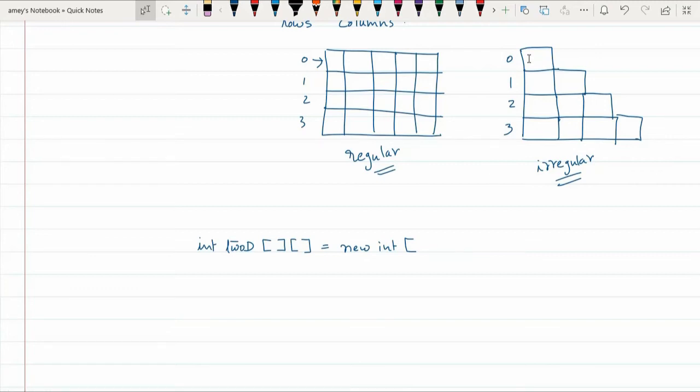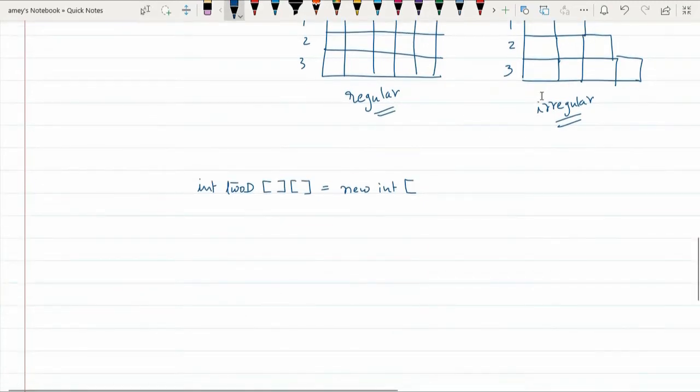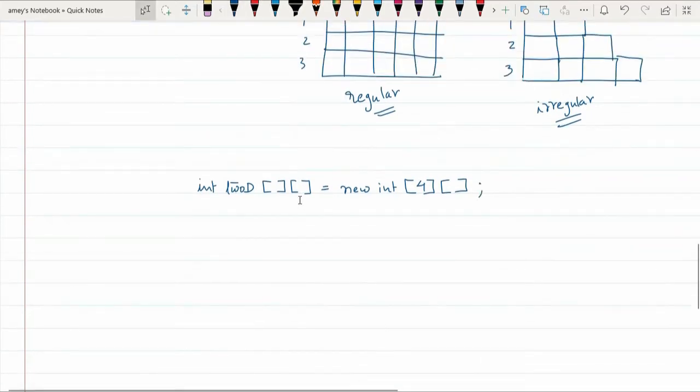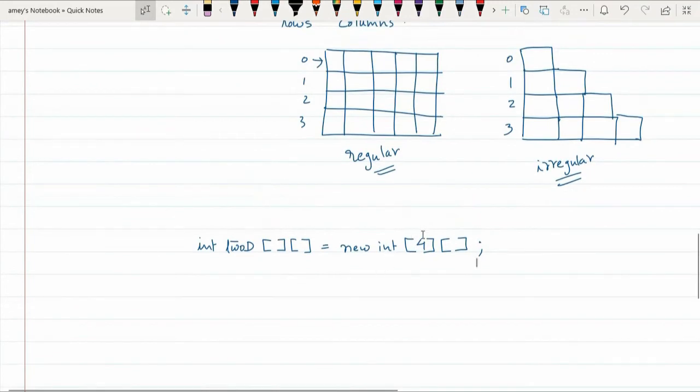No. That number of columns will go on changing as per the user's need. So when you declare such an irregular array, it is mandatory for you to declare the first parameter, that is how many rows there are. But it is not mandatory to specify how many columns there are in each of these rows. That you can specify individually later on. So this is a declaration of an irregular array, wherein you know that there are 4 rows, but you are not sure at this moment what the number of columns in each row will be. Maybe they might be different in different rows.